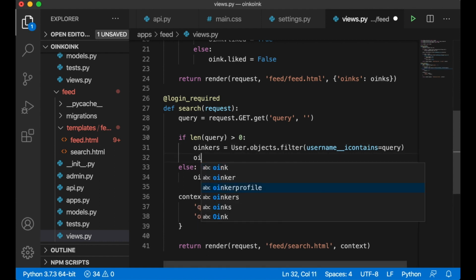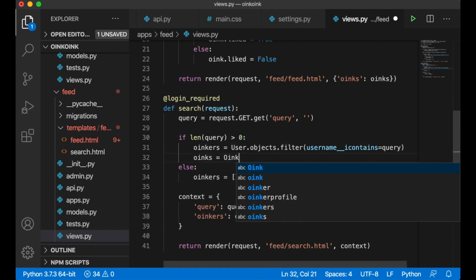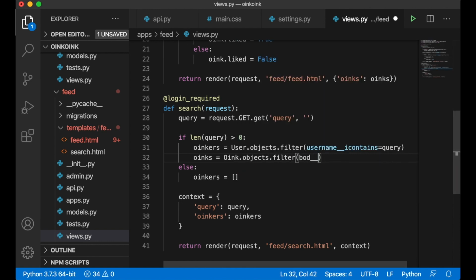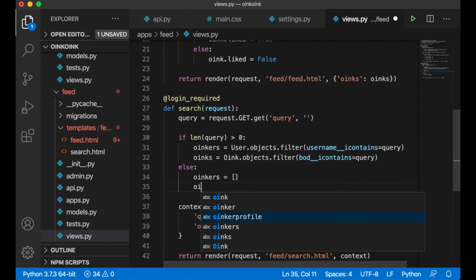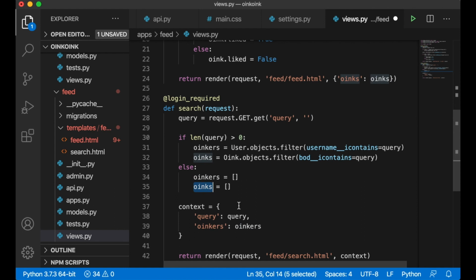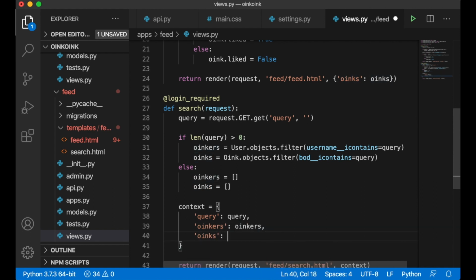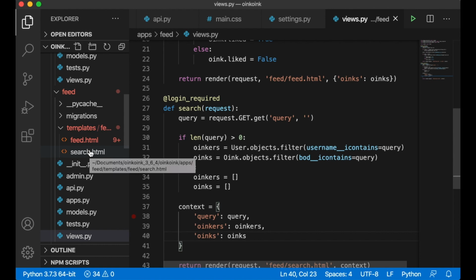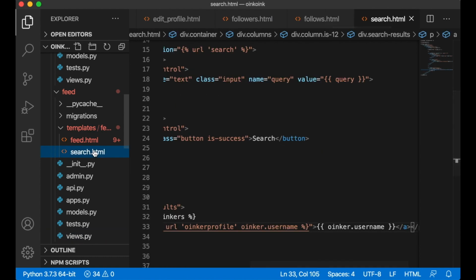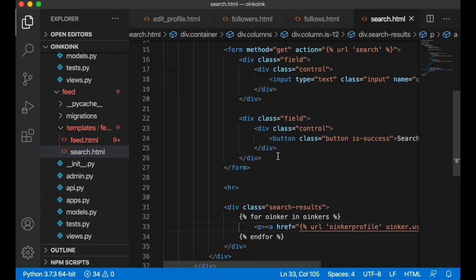So in here I say oinks equals oink.objects.filter, body icontains query, and pass it in the context so we have it in the front end as well. So then I can go into search.html,